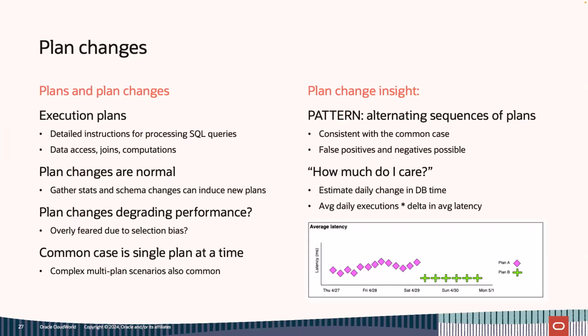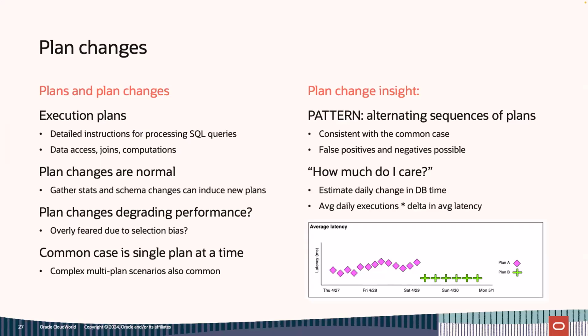So the common case is, we talked about multiple plans, and the optimizer has many sophisticated ways to handle multiple plans for the same SQL. But the common case is that the optimizer has a single idea about a SQL at a time. In other words, it has a single plan for a given SQL at any given time. But that might change. And so it comes up with a new plan and then has that idea for that SQL over time, right? And so, the pattern we look for to call a plan change is,